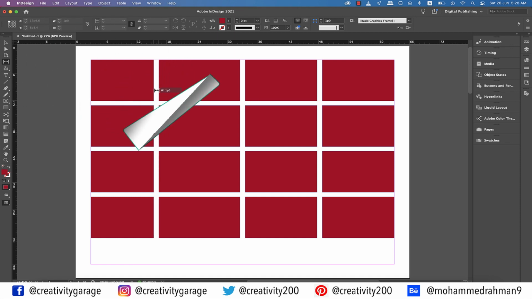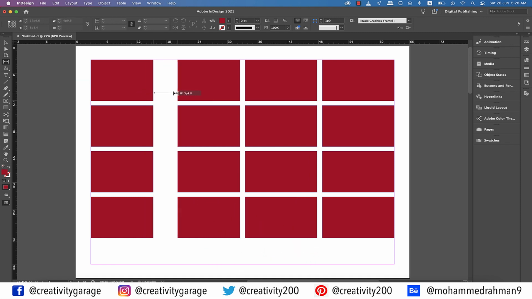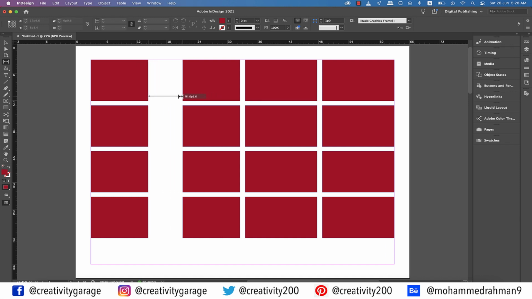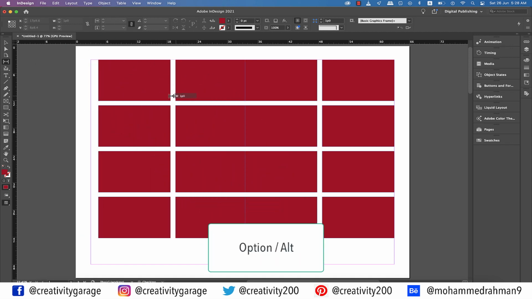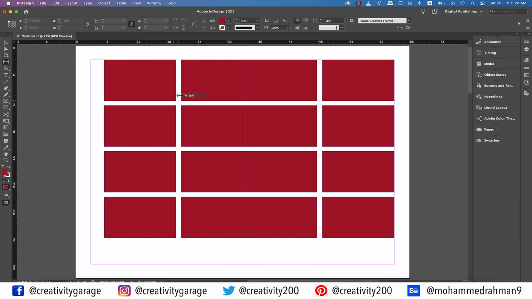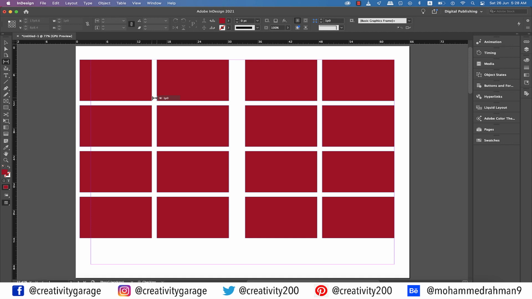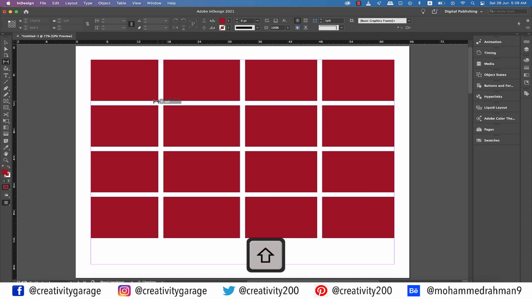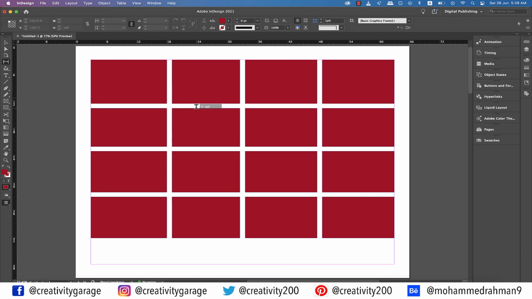If you hold Command on a Mac or Control on a PC and then click and drag, it shall expand the space in between when you drag it to the right, and contracts the space when you drag it to the left. If you hold Option on a Mac or Alt on a PC and then click and drag, it locks the two columns of rectangles as if they are one, and then moves them as a single entity either to the right or the left depending upon where you move them. Holding Shift and moving them will yield the same result as holding Command or Control. You can use these commands vertically as well, as illustrated.